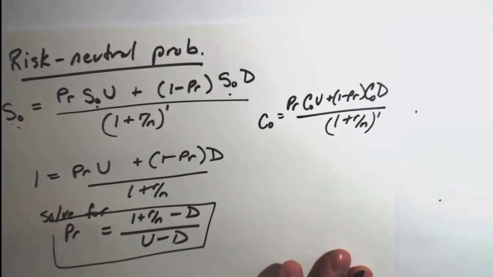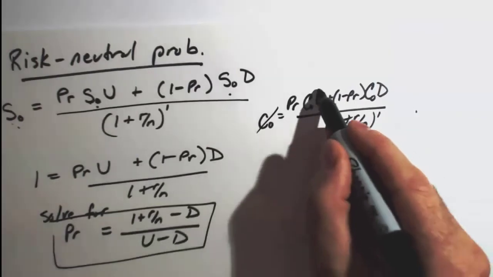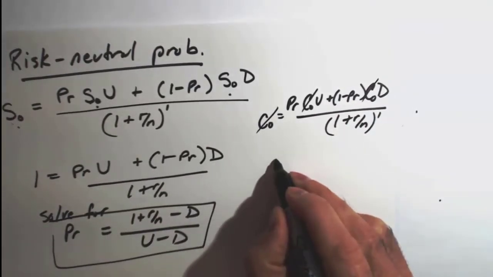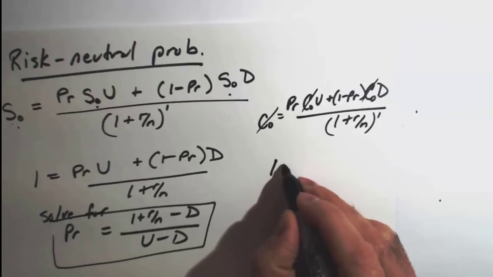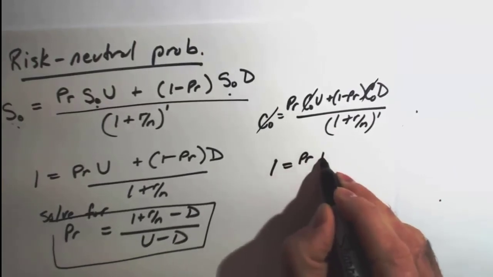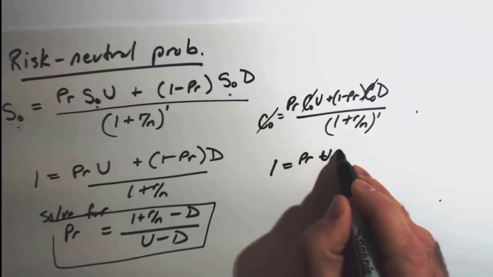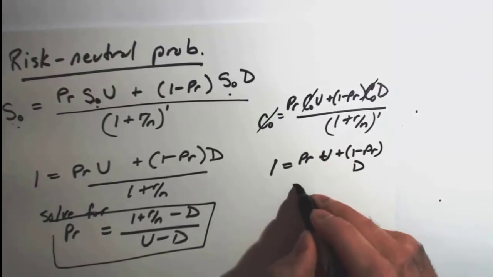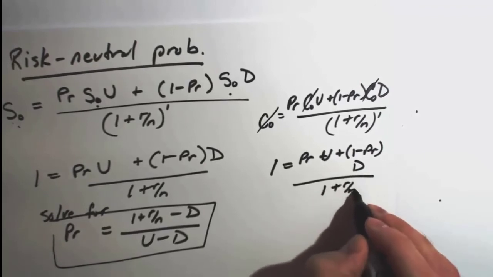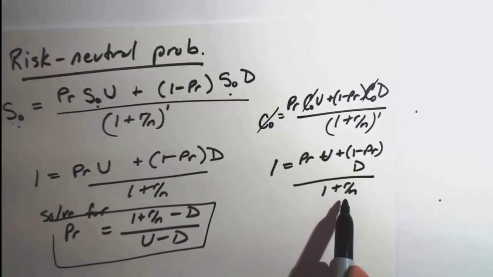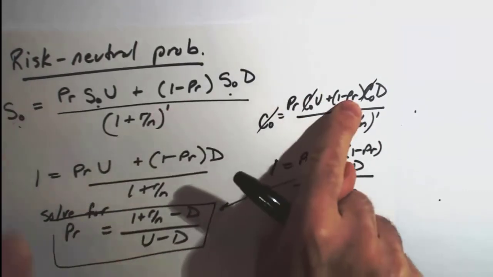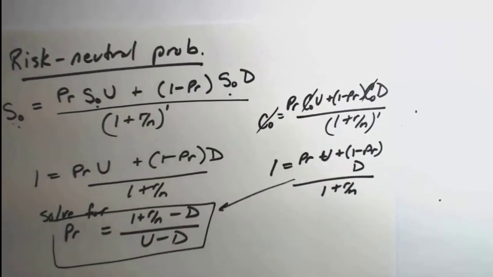You can also look at it that way, cross out the C subscript zeros, and you get 1 equals PR U plus 1 minus PR times D, all divided by 1 plus R to the N. And what you end up getting is the same probability. Same probability. You can derive it from the stock, you can derive it from the call,